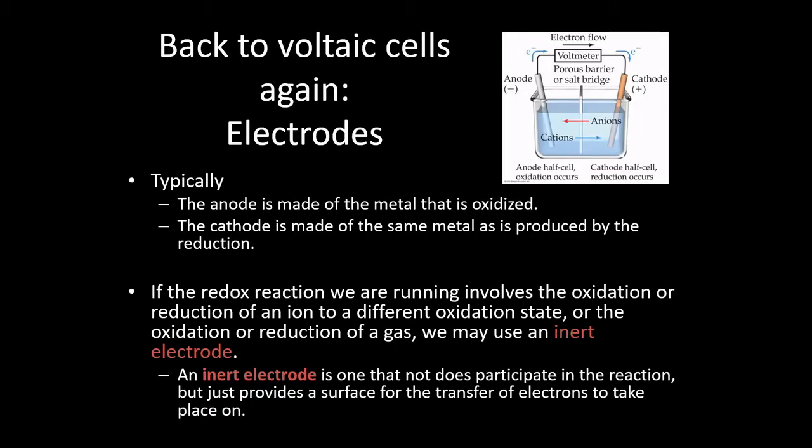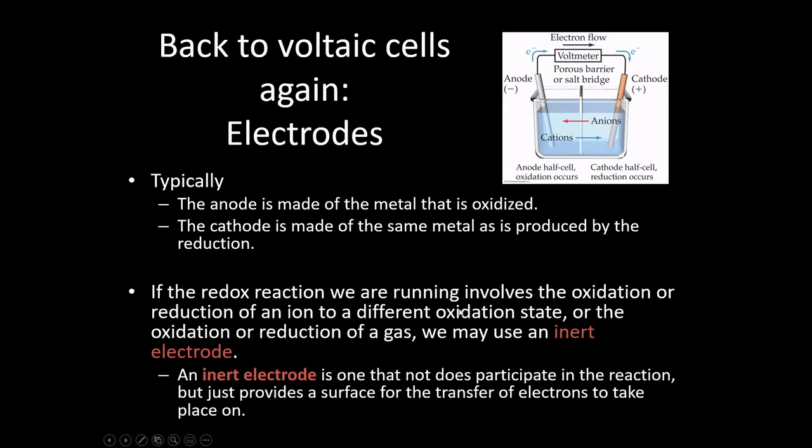So thinking back to voltaic cells and electrodes in voltaic cells, typically in battery systems like this, the anode is made of a metal that is oxidized, and the cathode is made of the same metal that is being produced by the reduction. So you have some kind of metal cation in the solution, and whatever metal is in solution, you have a stick of that same metal making up the cathode. So if the